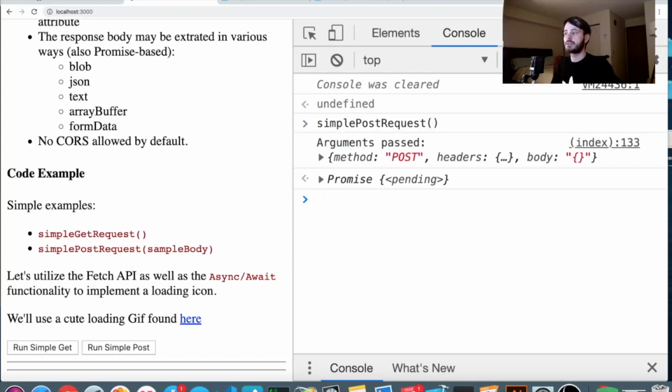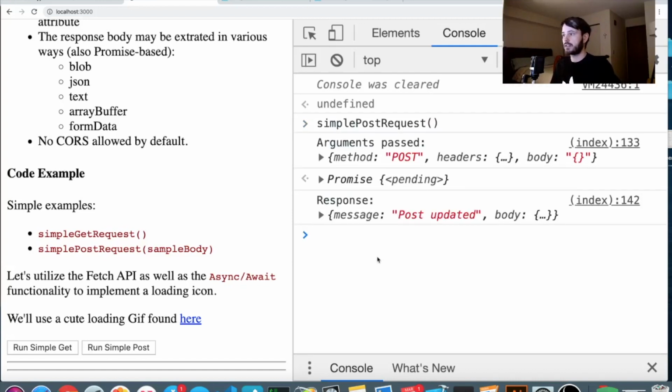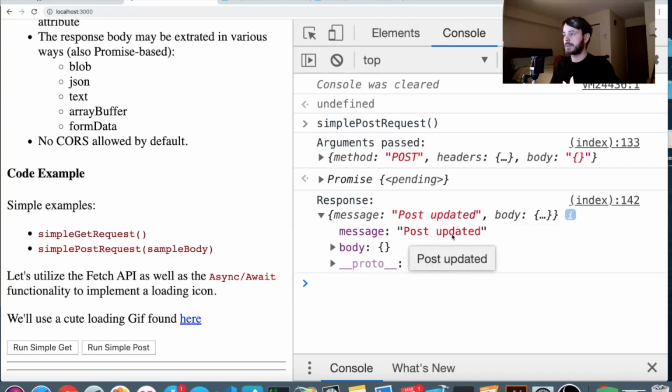This one has a 2-second delay on it, which I handled on the server. So here we see message post updated with an empty body. Again, this body is actually specific to our example. The server's spitting back whatever we pass in our body. So if I pass in an object,